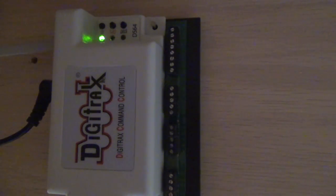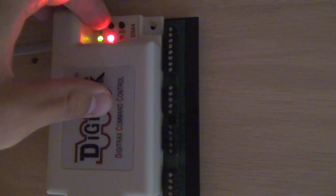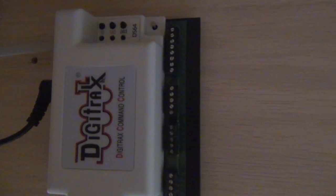If you look at the manual that comes with your DS64, on page 8 it tells you how to reprogram the addresses. What we're going to do is press and hold the ID button for 3 seconds. Now we have the green light blinking slowly, and it's ready to accept our addresses. I'm just going to make this simple for right now. I have 1, 2, 3, 4 on my first DS64, so I'm going to reprogram these to 5, 6,